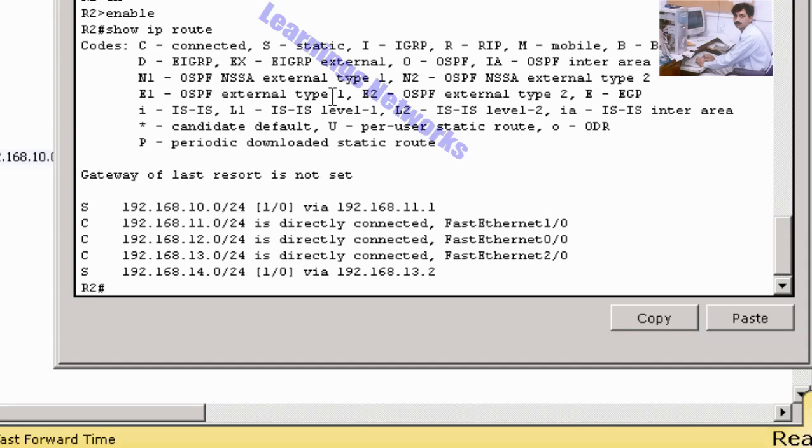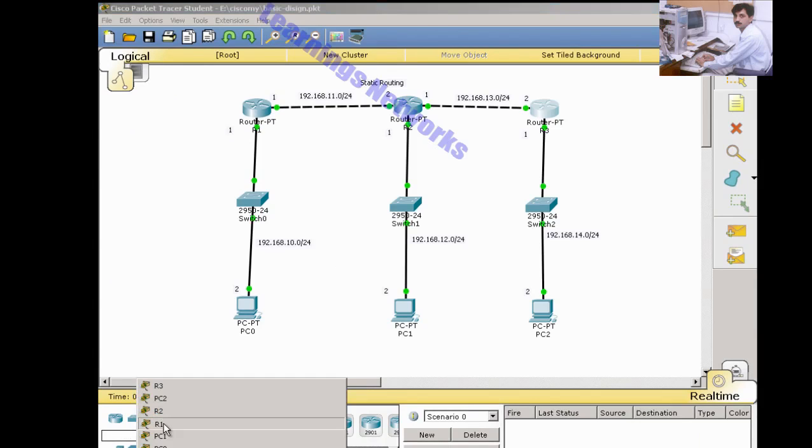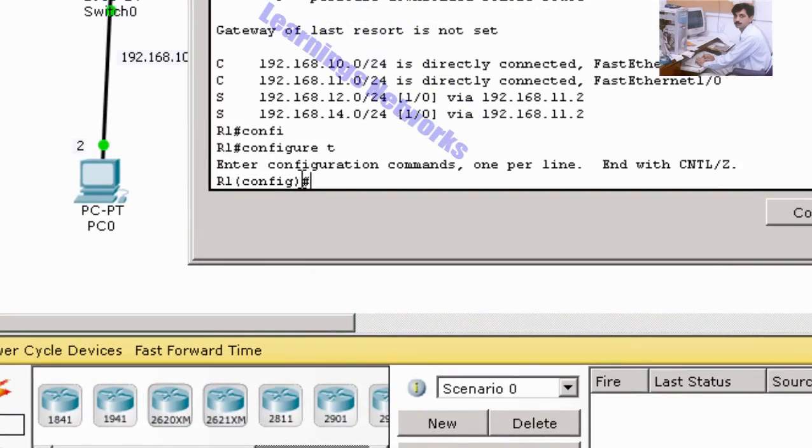It means on R1 we update the routing table of R1 with the network 192.168.13.0, subnet mask 255.255.255.0, to the next hop 192.168.11.2.